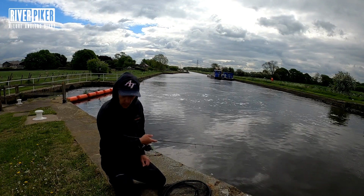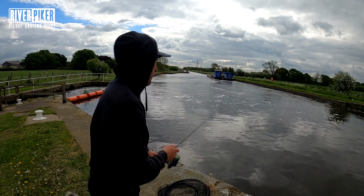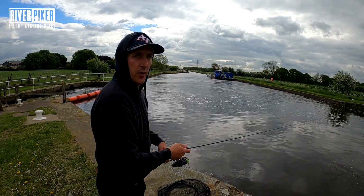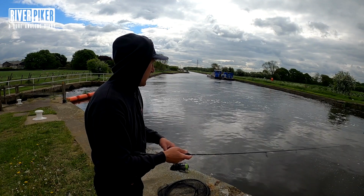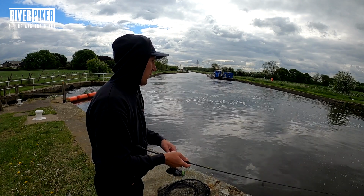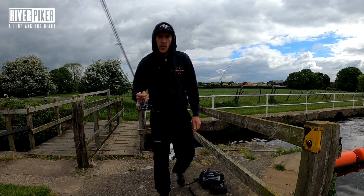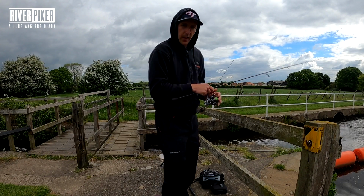I put on a little soft shad that's slightly bigger than the one I was using before. It's one of those LMAV ones, Kofi perch or something. A little bit more vibration, a little bit more flash, fire tiger colour. We all like a fire tiger. See if that picks up something. I've just made a slight move because these lads are wanting to cut grass. Canal and Rivers Trust, so